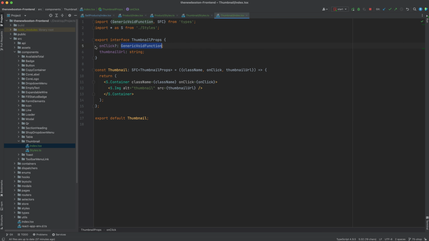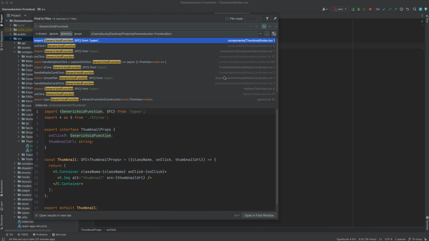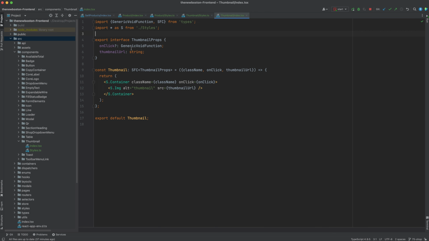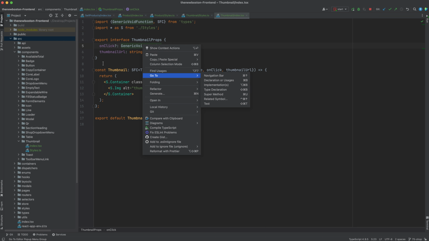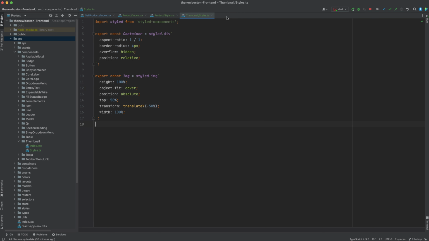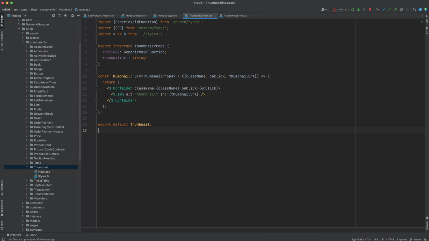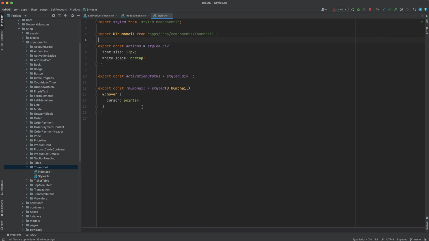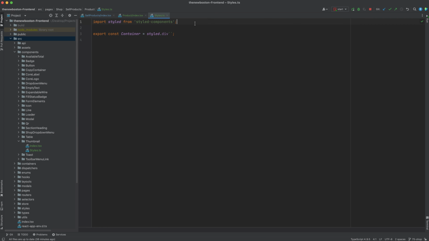All right, let me make sure I got this. Yep, okay. So this is going to take an optional onClick handler, and that's just going to be a generic function that returns void. And then the thumbnail URL is just going to render the image inside a container. So now what I can do is, since we need this thumbnail in my products component, in the product styles,